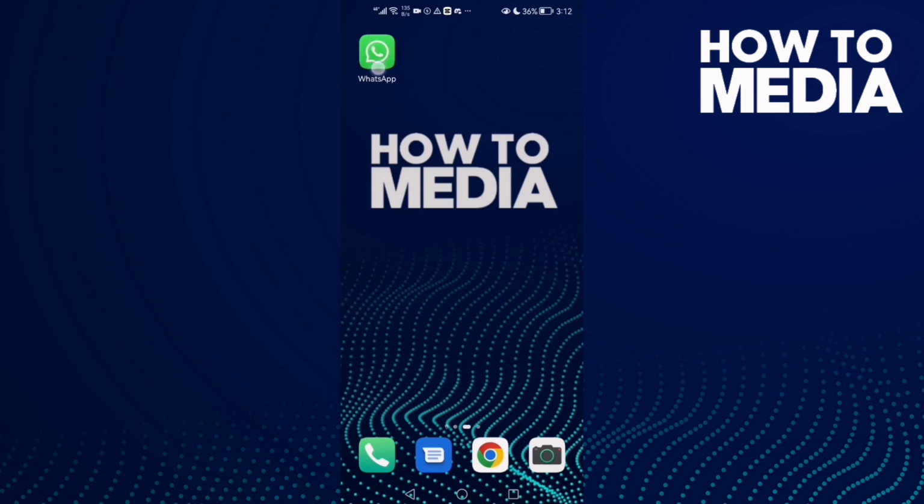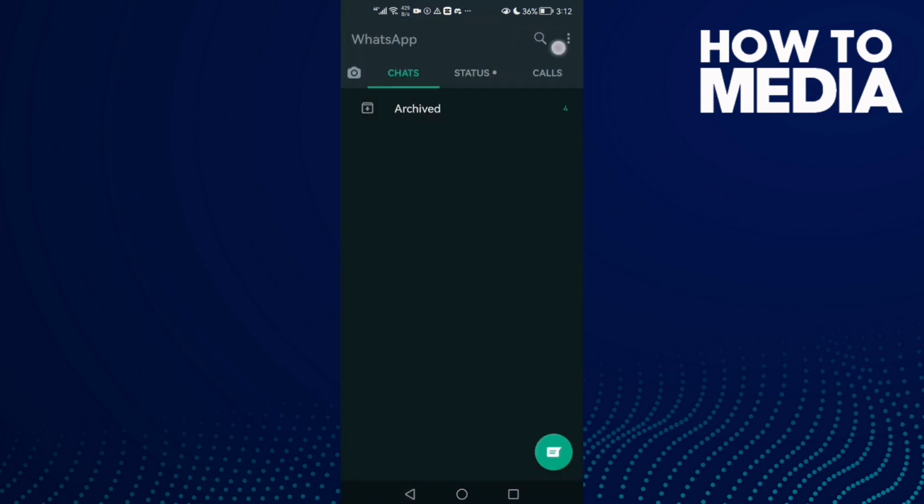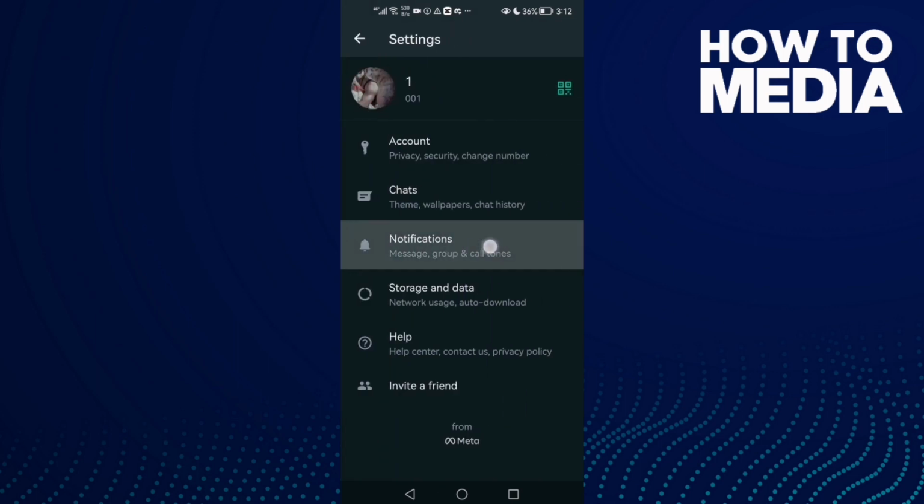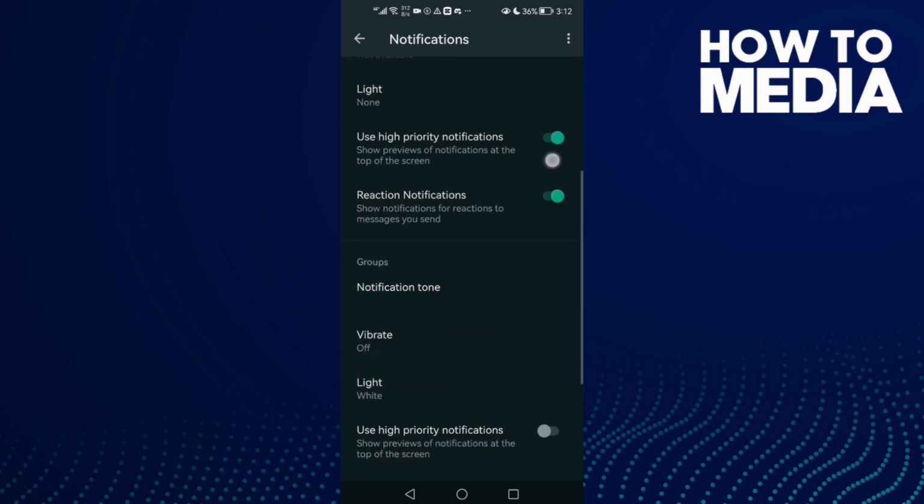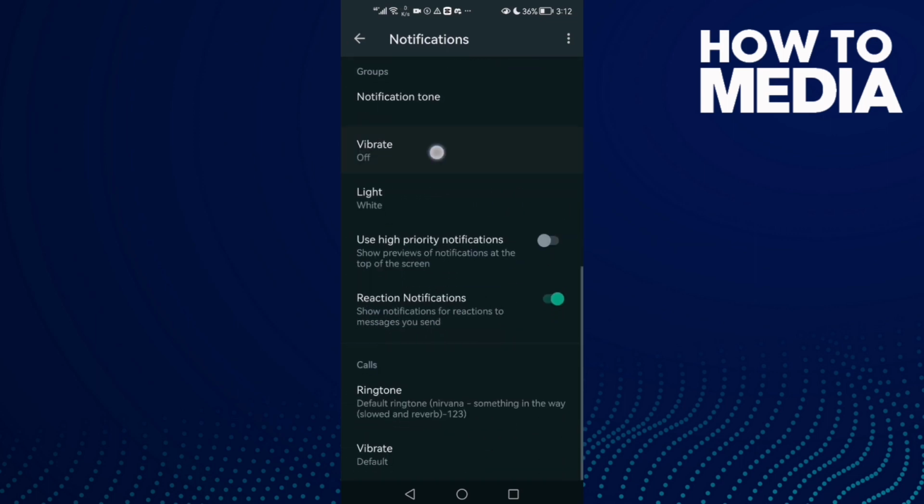First thing, go to WhatsApp and here you will find these 3 points in the top corner. Click on it and then click settings, and here you will find notifications. Scroll down until you find vibrate,